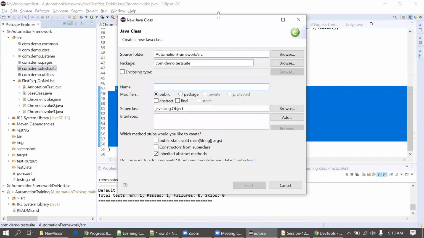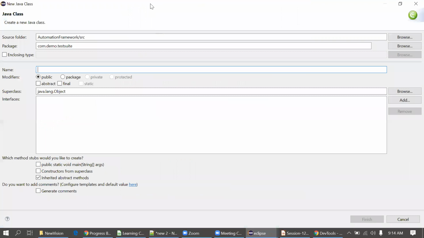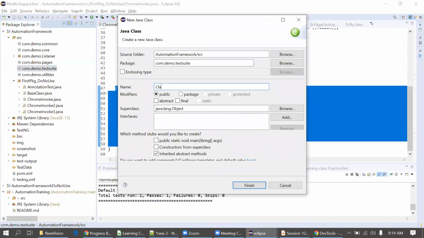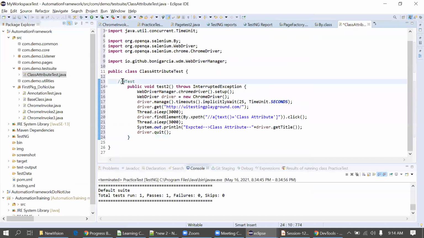This discusses the class attribute, so I will simply put the class name as class attribute test. Whenever I'm writing test cases, I make the class name end with Test to understand which class has which functionality, meaning where we are writing which thing. We are simply pasting the copied test case.